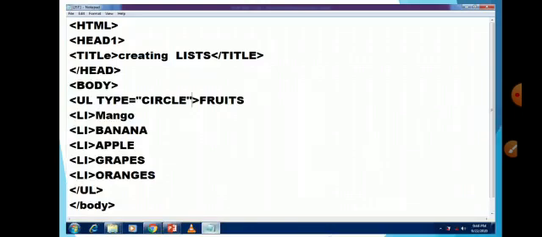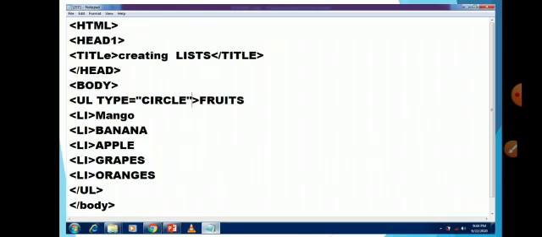Okay, now again here also you can choose the type in UL, means unordered list also. If you are writing type equal to double quotation circle, the bullets will be in circle form. If you are writing square, bullets will come in square form. If you are writing star, it will come like a star. Here also in unordered list you can choose your pattern of bullets and numbering.